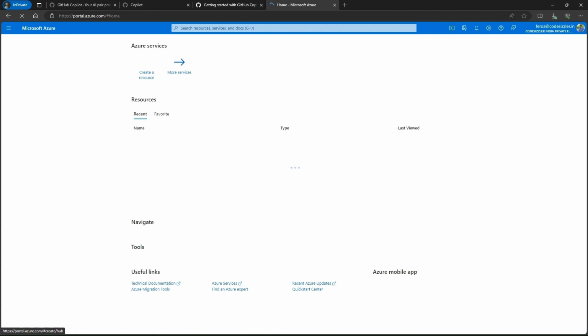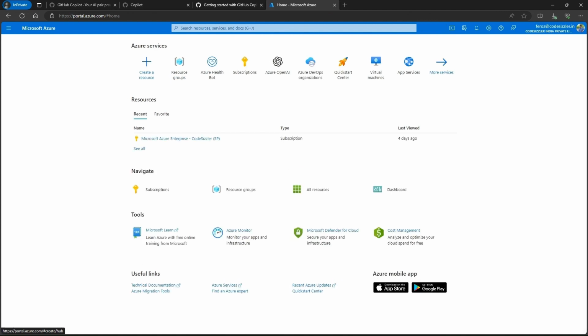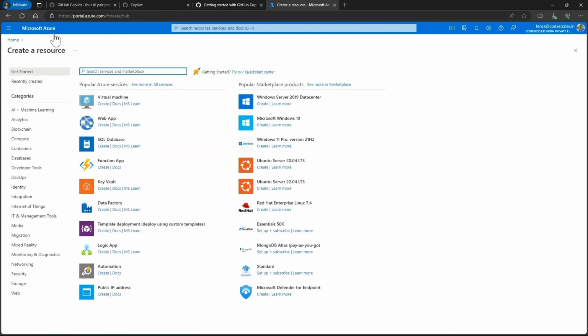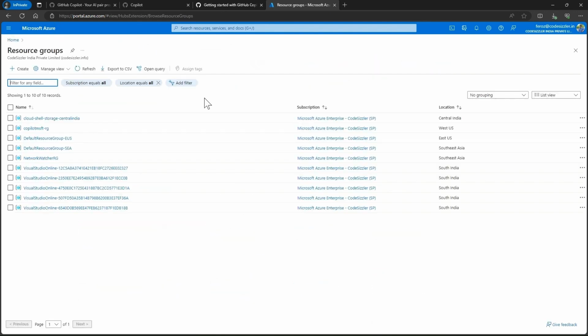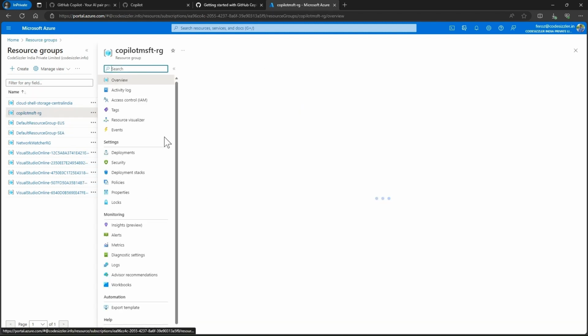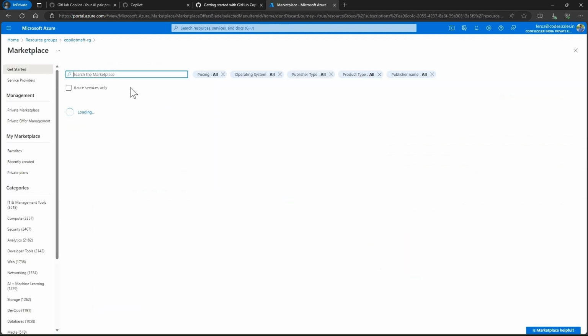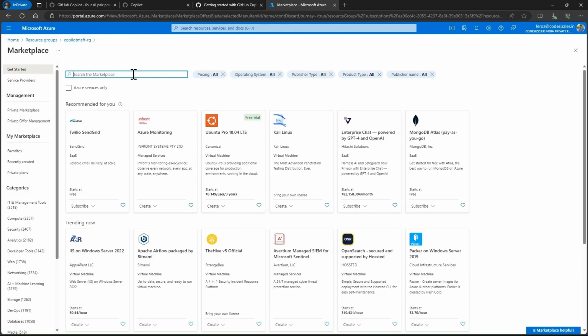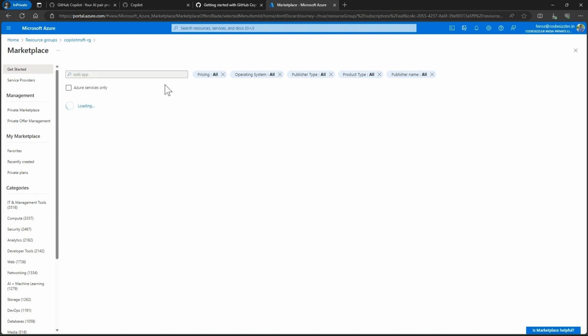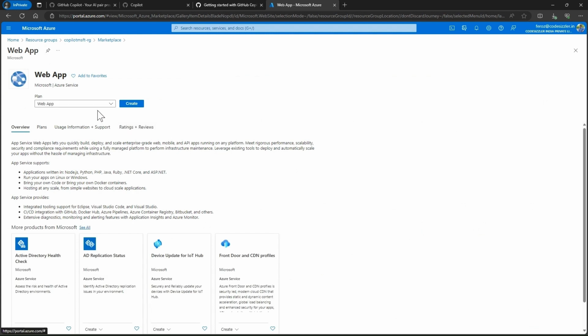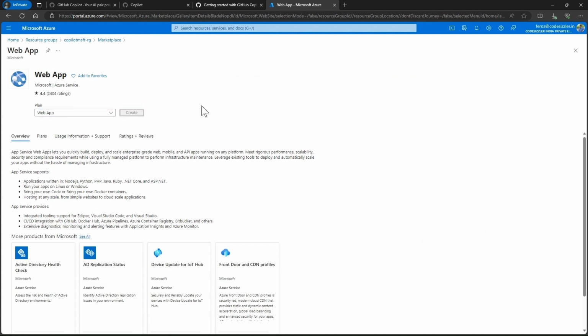And there at the top of it, we will be trying to create a web app. You could see here we have the app service, so let's select the subscription. We can think about the resource group. Let me check. See, Copilot Microsoft resource group which has been created. Let's try creating a new web app here. So say create, and you can look for web app. Okay, so let's say web app here, and here is where we will say create,